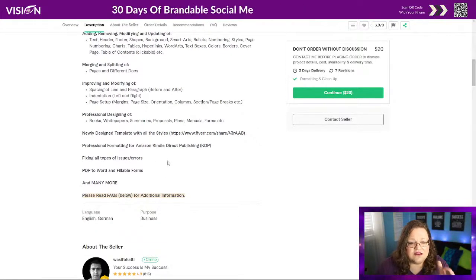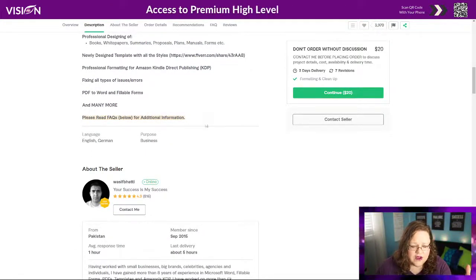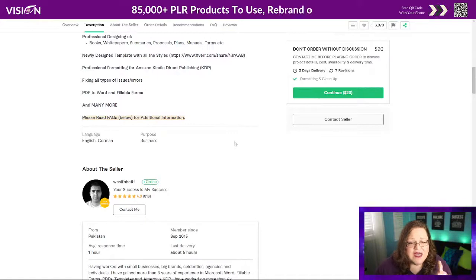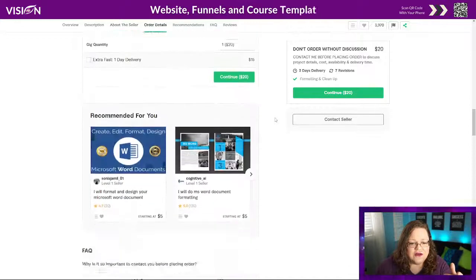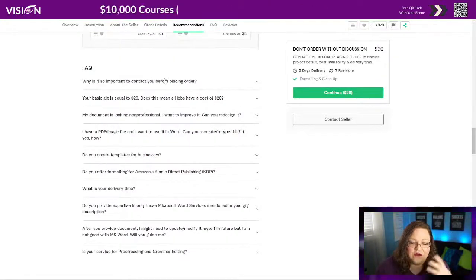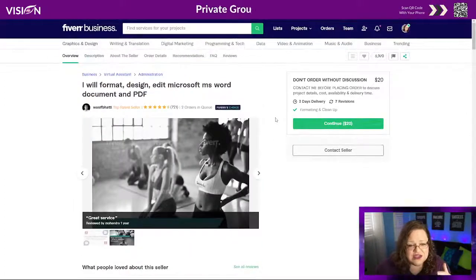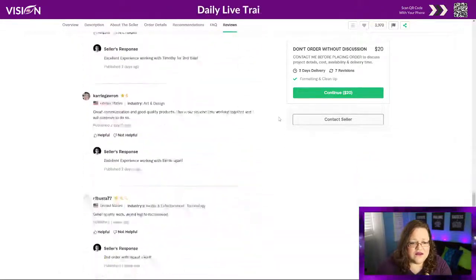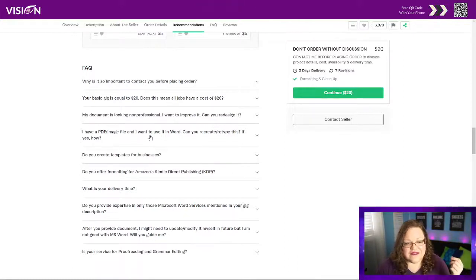This is a good point. They do have a FAQ section. We'll talk about this again when we're actually creating the gig later this week. One of the important things you need to do is add the FAQ, but you can actually go down to their FAQ, and if this is a good representation of the gig that you want to offer, you want to scroll down to the FAQ so that you can take guidance from this person. Okay, they have a lot of questions here, and if you can provide the answer that the client is looking for,